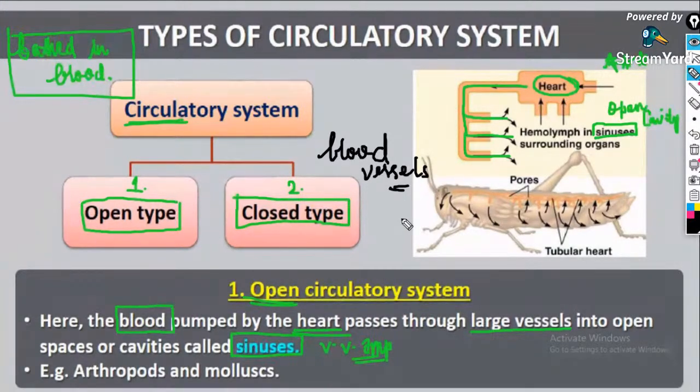So in case of higher organisms, or those organisms having a closed circulatory system, blood will only be present inside the blood vessels, the certain structures called blood vessels. Guys, tell me what are the three different kinds of blood vessels of our body? Let me check who is going to tell me the answer first.